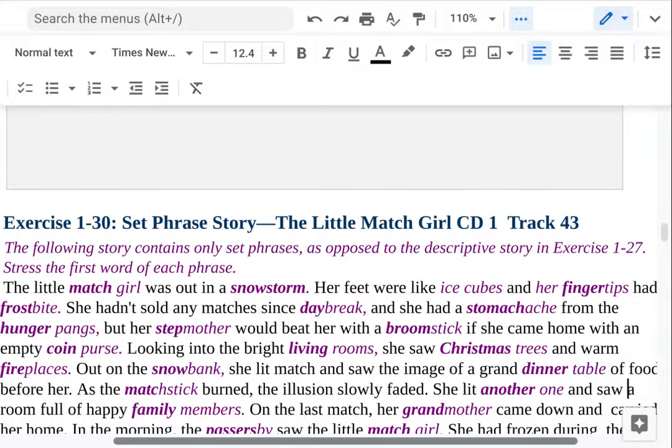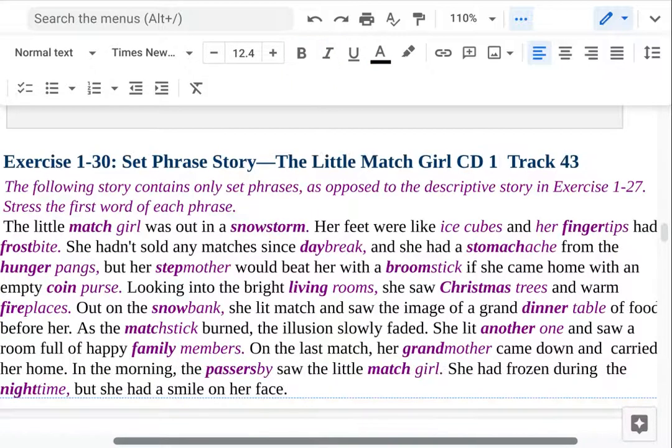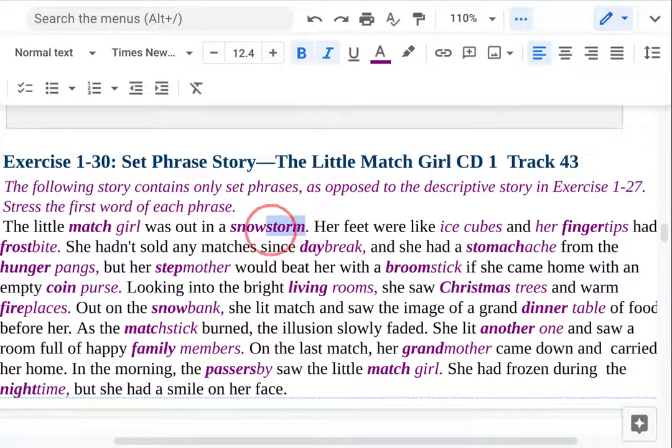Exercise 130. Set phrase story. The Little Match Girl. The following story contains only set phrases as opposed to the descriptive story in Exercise 127. Stress the first word of each phrase. The little match girl was out in a snowstorm. Her feet were like ice cubes, and her fingertips had frostbite. She hadn't sold any matches since daybreak,